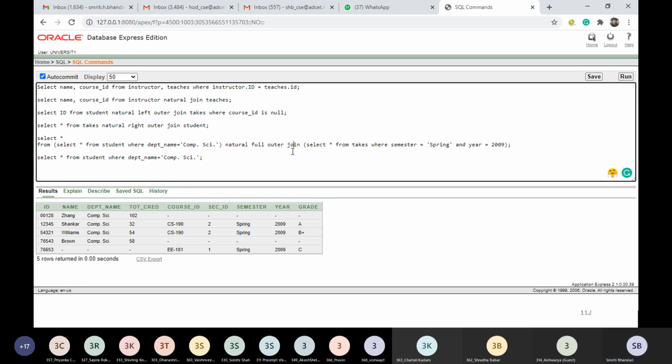So, in full outer join, all the tuples from either left or right hand side relations, those who are not having any match, those also are being retained. Right? And that is what I wanted to demonstrate. So I hope you must have understood the result of this query.